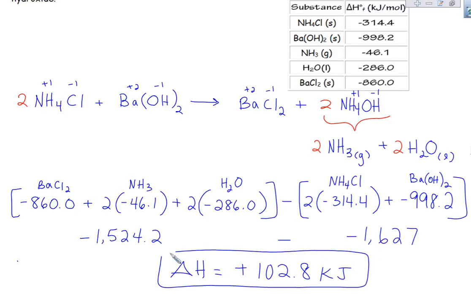Again, with these thermal problems, you always have to indicate the direction of the energy flow. You could do that by either saying it's positive 102.8, or you could write the word absorbed. You could say 102.8 kilojoules absorbed. If you leave the positive out, I guess technically it's assumed that you mean it's endothermic. If it was exothermic, I would need to either indicate that the delta H is negative or that it's energy